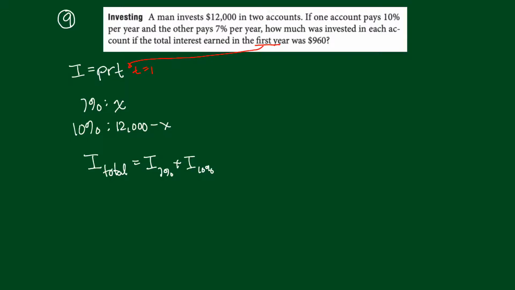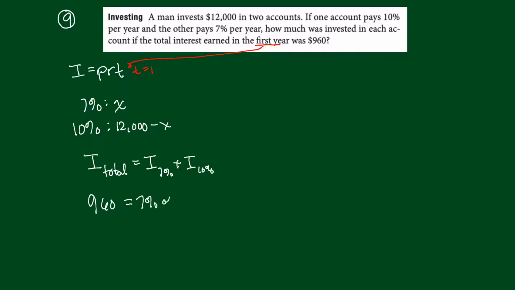Now, here's what we do know. The total interest is, that's up here, $960. So this is $960, and that's equal to, so what is this? What's the interest at 7%? Well, that's where we come right back up here. The interest that we make is the amount we invest times the interest rate. So at 7%, the amount we invest is X, and the percent is 7%. So this is going to be